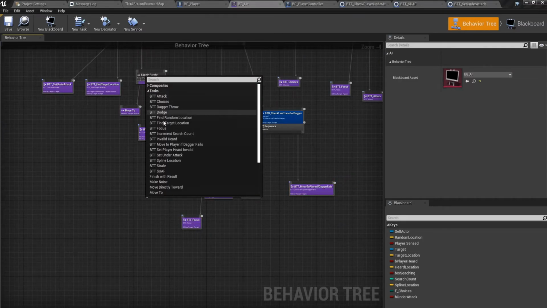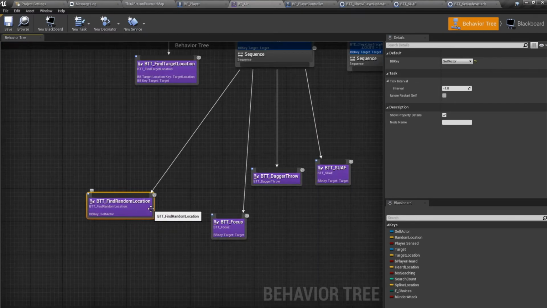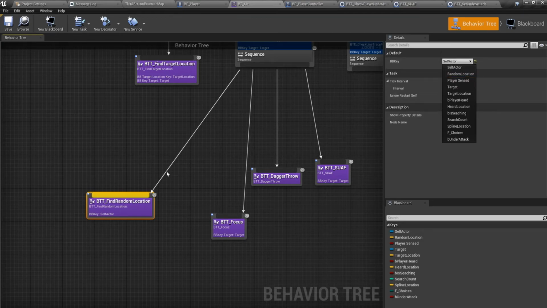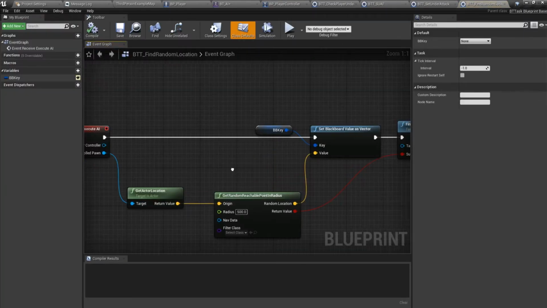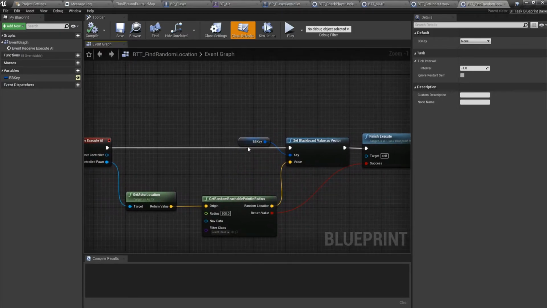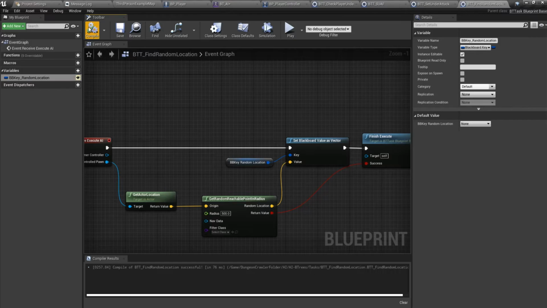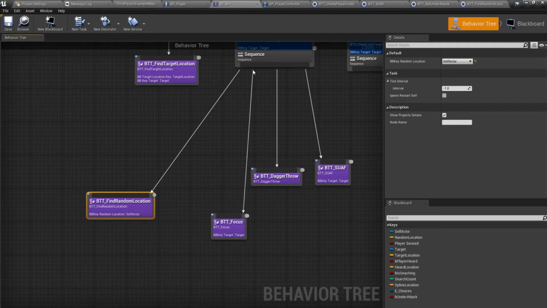Do we have something? Find random location, PP key. Okay, PP key underscore random location. So random location, self actor,